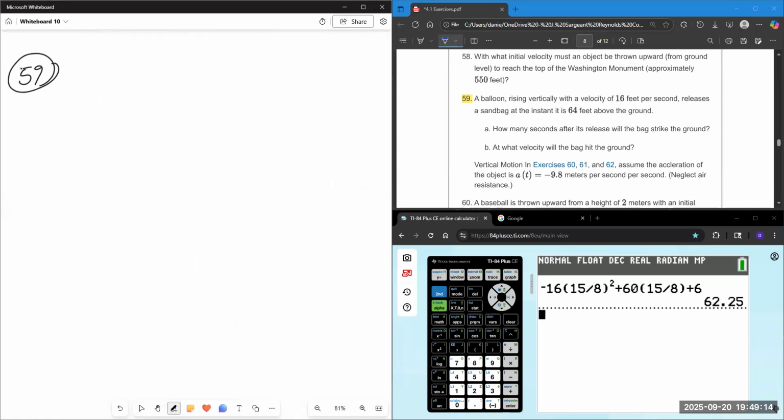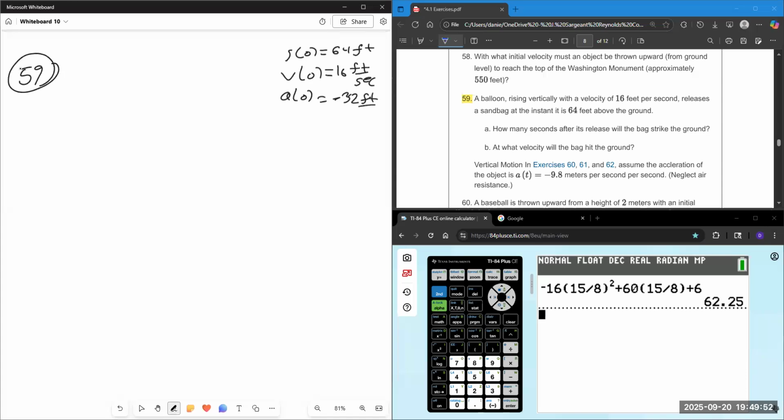A balloon is rising vertically with a velocity of 16 feet per second. When it releases a sandbag at an instant where it was 64 feet above the ground, the sandbag is 64 feet above the ground. It was traveling up with the balloon before it was released, so it also had an initial velocity of 16 feet per second, and its acceleration was negative